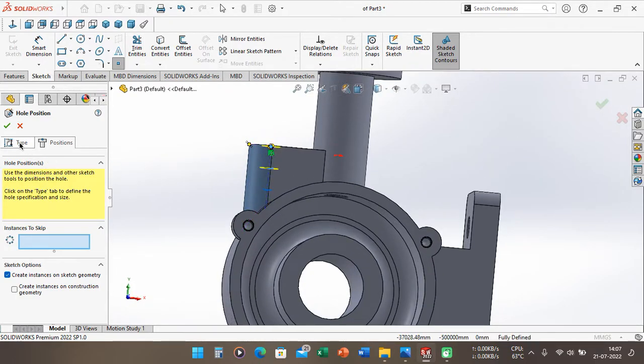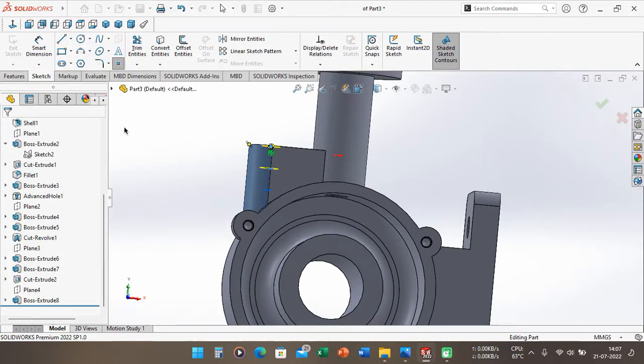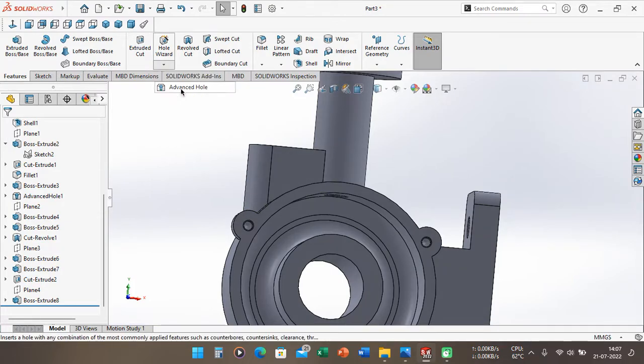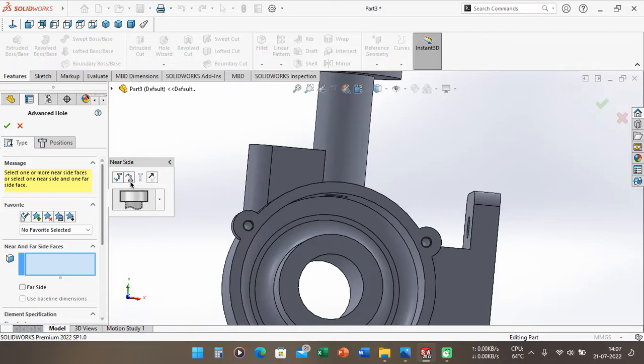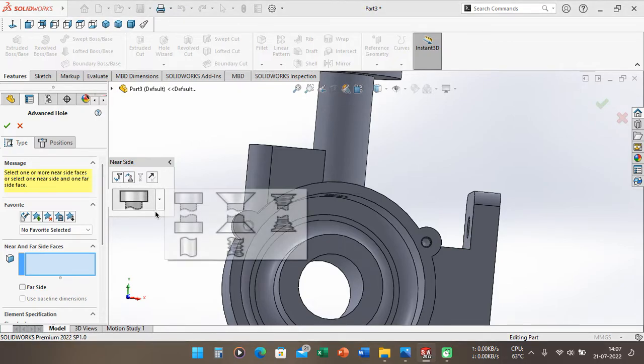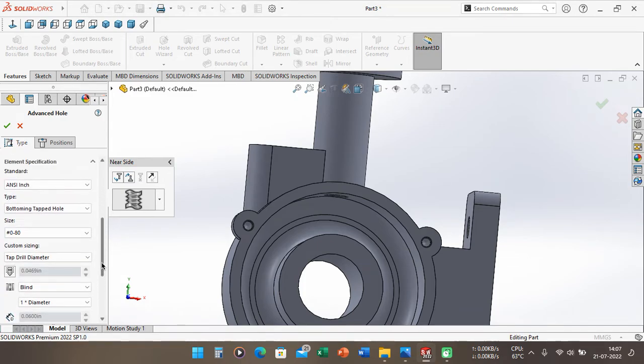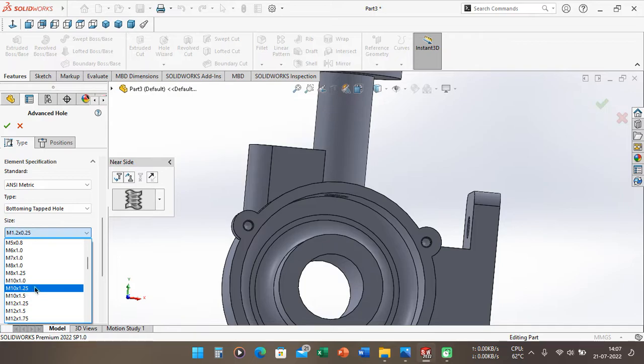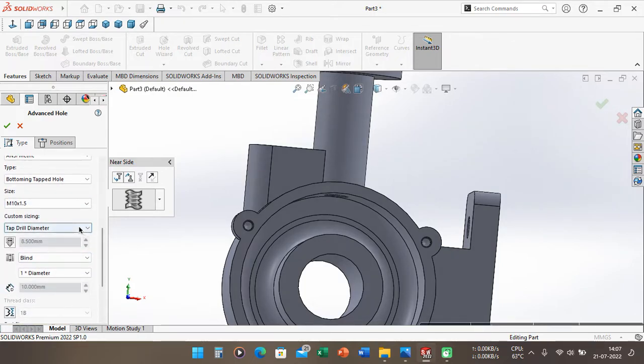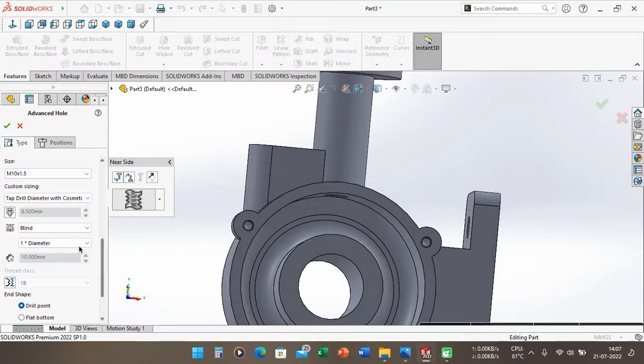Let's try again here. We can just use this thread tab and then unsymmetric, M10 1.5. You can define 8mm.